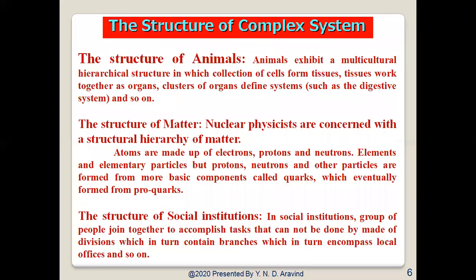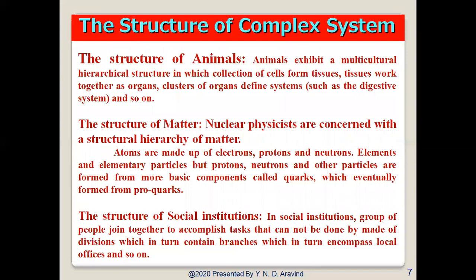Now coming to the structure of animals. Animals exhibit a multicellular hierarchical structure in which the collection of cells form tissues. Tissues work together as organs, and these clusters of organs define systems such as the digestive system and so on. And coming to the structure of matter,